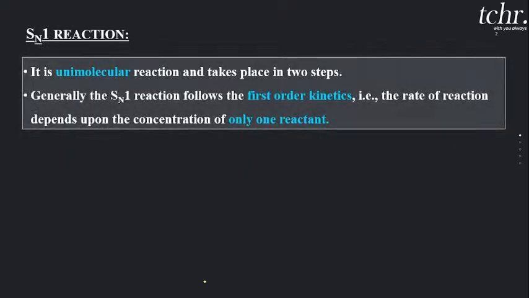The first and foremost important question from haloalkanes and haloarenes is the SN1 reaction or SN1 mechanism. This mechanism is very important for you all to understand and write stepwise with the explanation. What explanations do you have to give for the SN1 mechanism? Why is it called SN1? It means it is a unimolecular reaction and it takes place in two steps, step 1 and step 2,